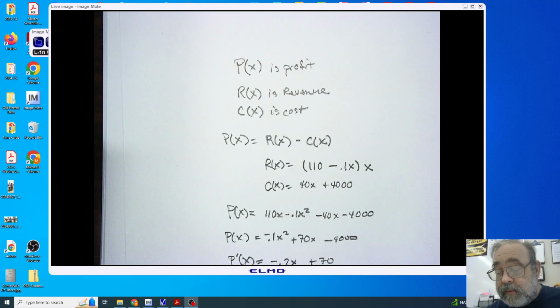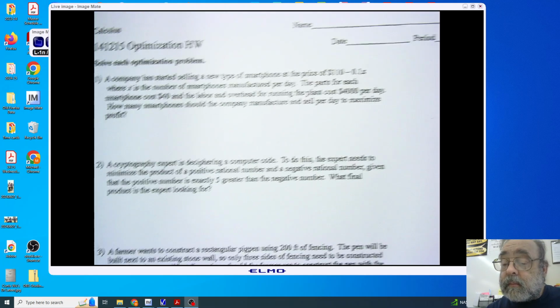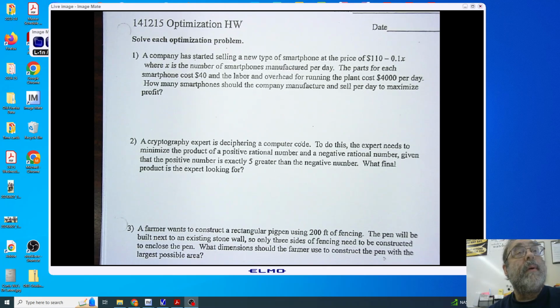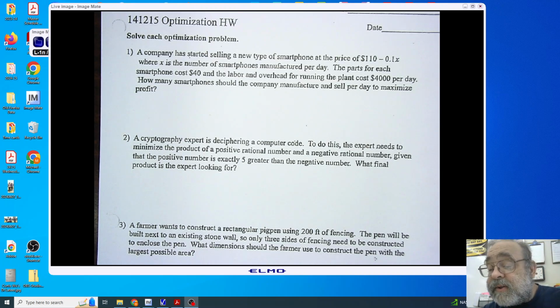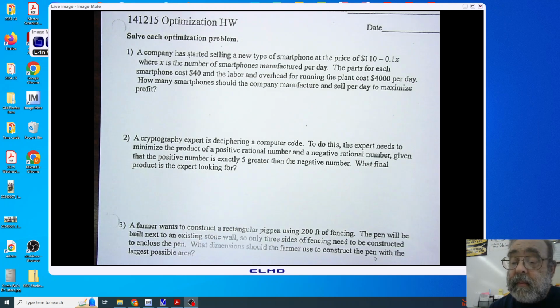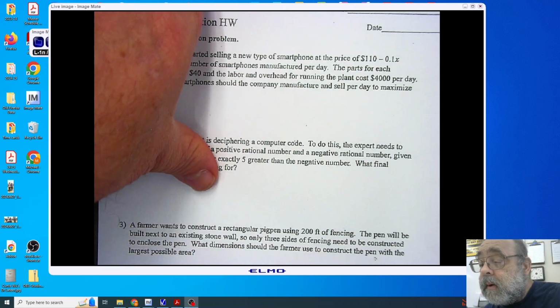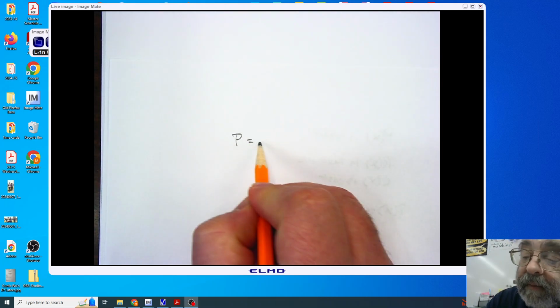Let's take a look at number 2. A cryptographer. You will have seen these before, hopefully. A cryptography expert is deciphering a computer code. To do this, the expert needs to minimize the product of a positive rational number and a negative rational number. Given that the positive number is exactly 5 greater than the negative number, what final product is the expert looking for? Alrighty. So the first thing I want to do is recognize that I'm minimizing a product of two values,